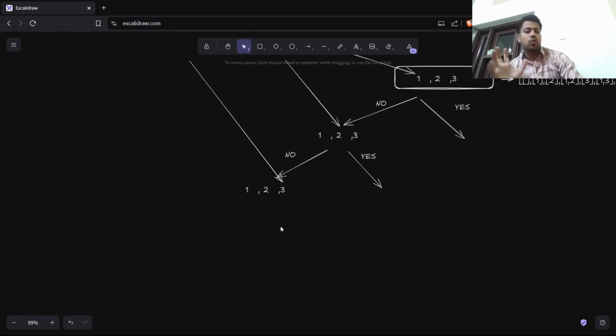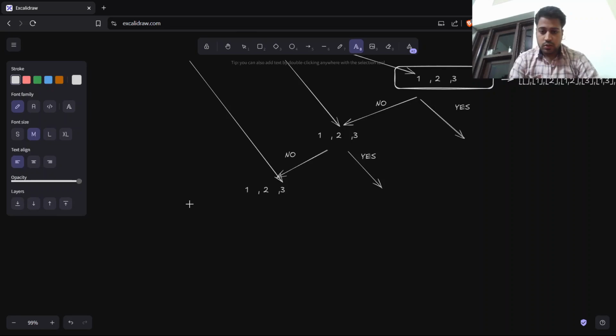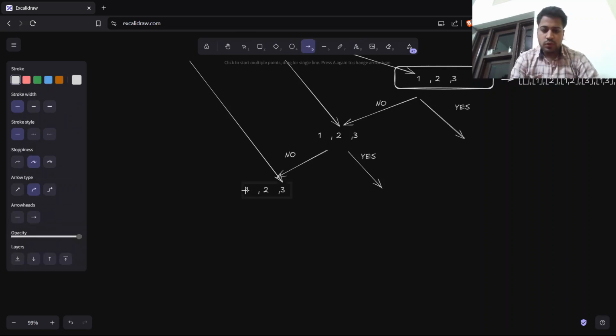So this is how the code was. 1 2 3, I had two choices. Now this is where my current element is. Okay, current pointer, this is where I'm currently pointing to. I can now switch. I can now increase the index again by 1. If I increase the index again by 1, so eventually what will happen is,